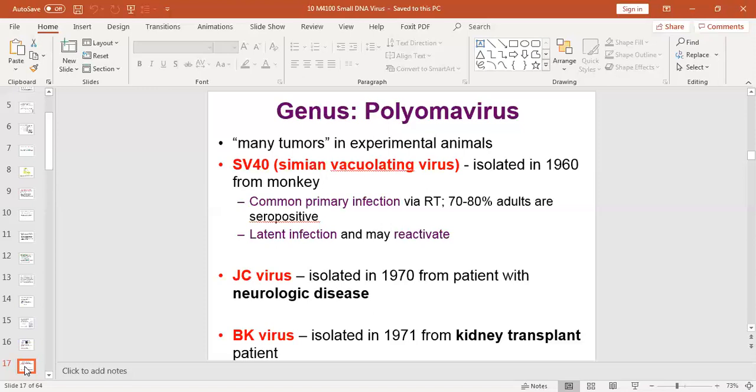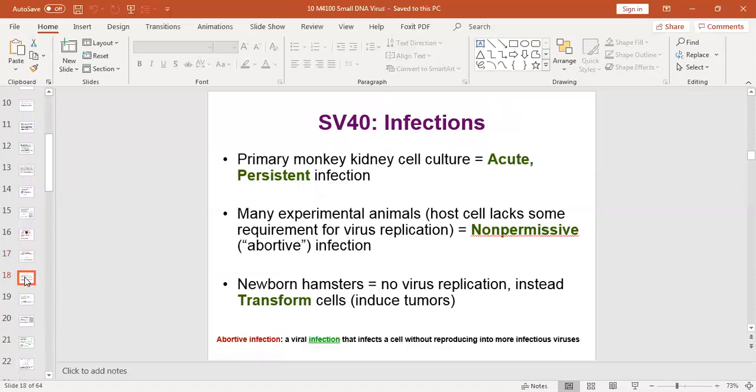Another virus in this family is JC virus. It was isolated in 1970s from patients with neurologic disease. Another virus in this family is called BK virus, that was isolated in 1971 from those patients who had undergone kidney transplants. Moving on to slide number 18,